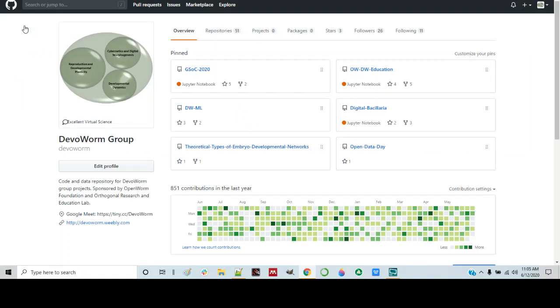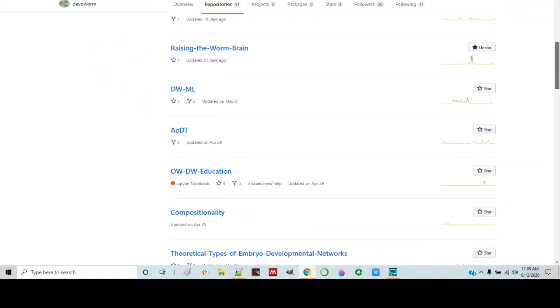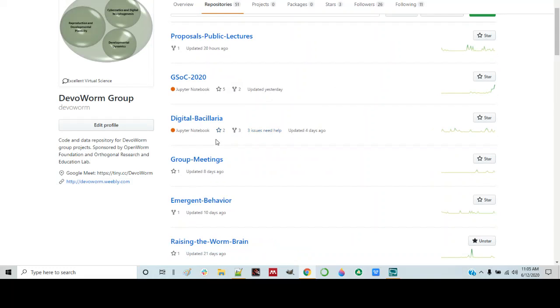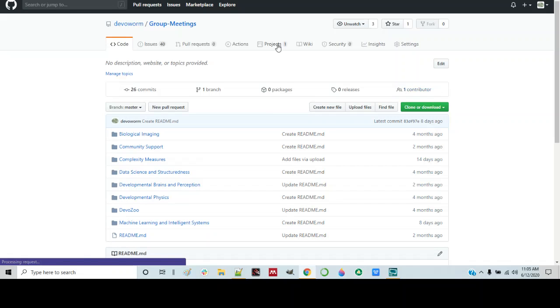So we have another repository for our group meetings, and this is distinct from GSoC. Our group meetings are in this repository. And well, I don't think we have a separate project for that. Oh, I think I remember what happened. We included it in this project board,